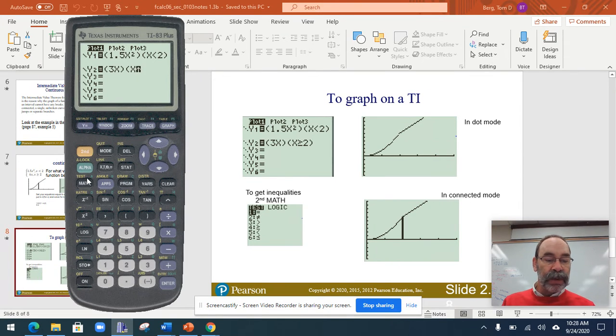Okay, and then my next one is going to be 3x, and I want x to be greater than or equal to, second math, and I'm going to choose the greater than or equal to sign, which is number 4, and you could type in 4 if you wanted to, and put a 2 in my parenthesis like that. Okay, let's see what mode I'm in. I am in connected mode. Now if I press graph,